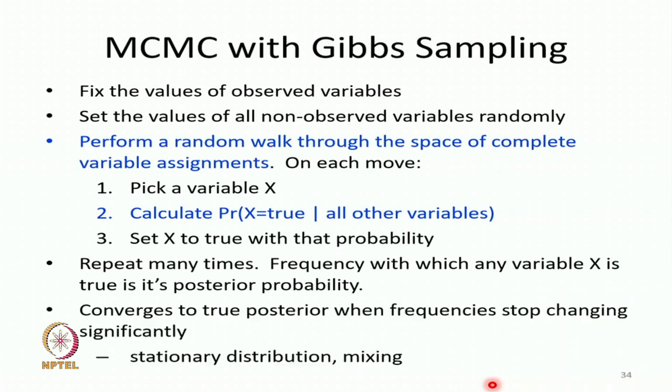And believe it or not, this converges to the true posterior distribution when frequencies stop changing significantly. However, because we have started from a specific start state, initially my samples will be highly biased. So, I will get rid of the initial 100,000 samples or order log n samples or something like this. And there are theoretical